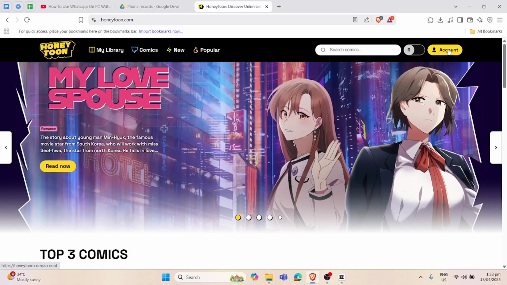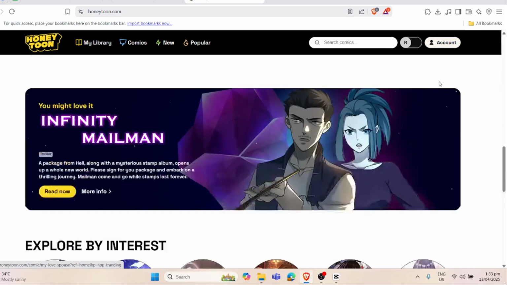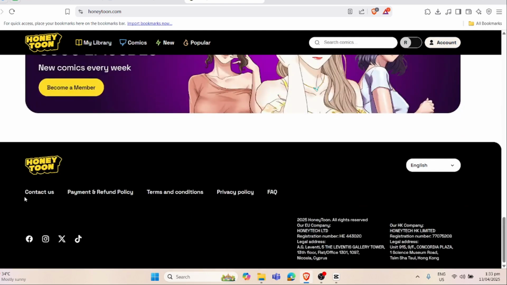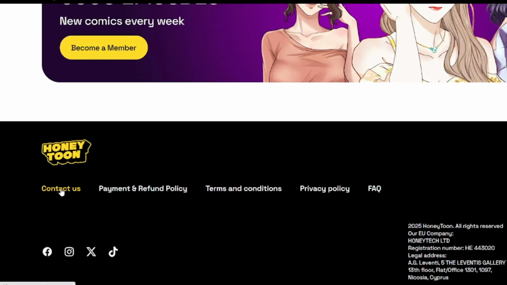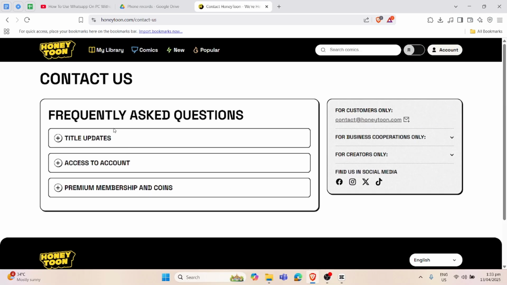If you want to log in to your account, just click on this upper right portion of the screen. But if you want to cancel your subscription, you can scroll down and click this Contact Us. There you will see on this dashboard that there are frequently asked questions. For you to know how to cancel your subscription, you may want to click on this third option right